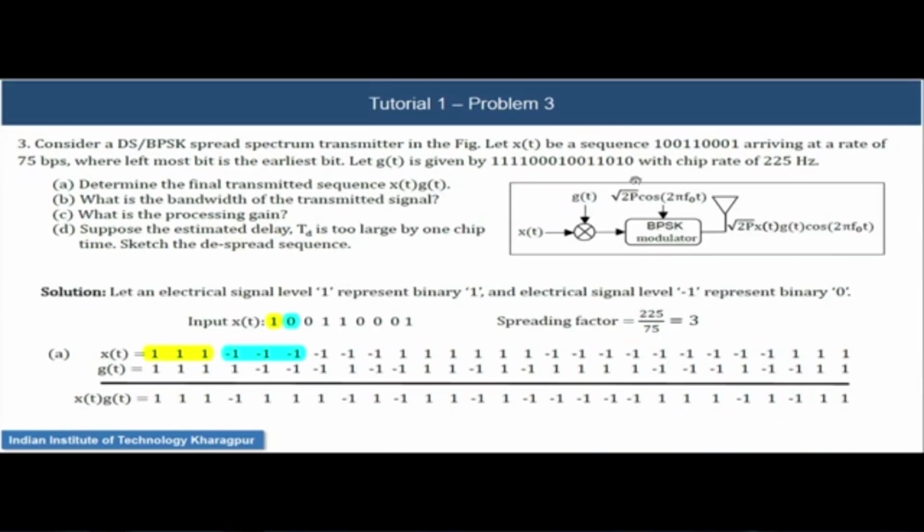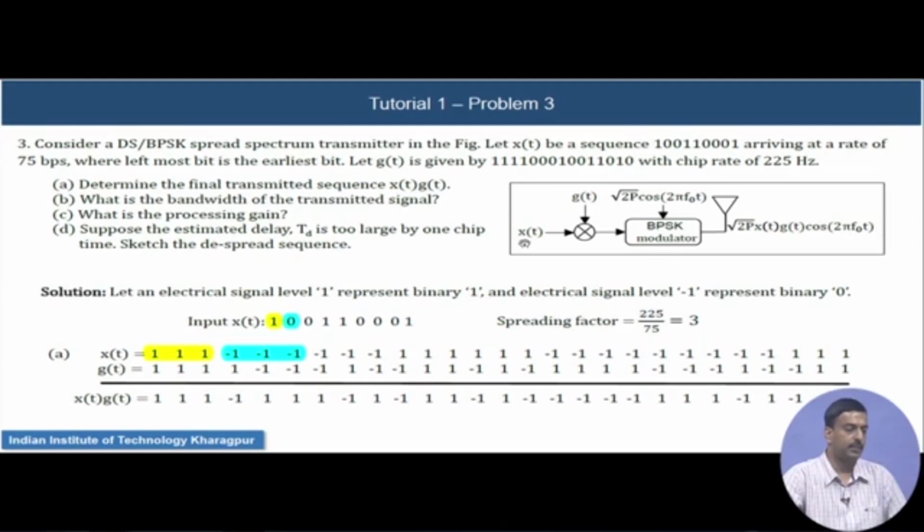In problem number 3, we see that we have a DS BPSK spread spectrum transmitter, and we observe that the input signal, which is a data sequence, is multiplied with the pseudorandom sequence in order to yield the spread spectrum signal, which is further modulated using the binary phase shift keying scheme for transmission